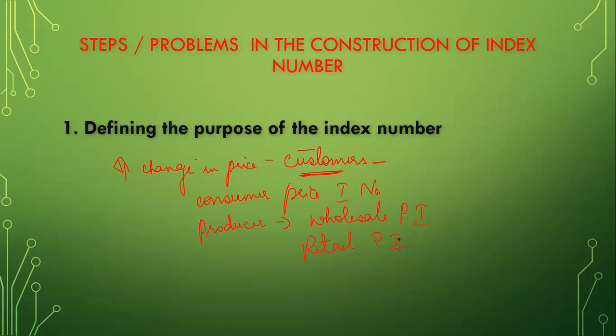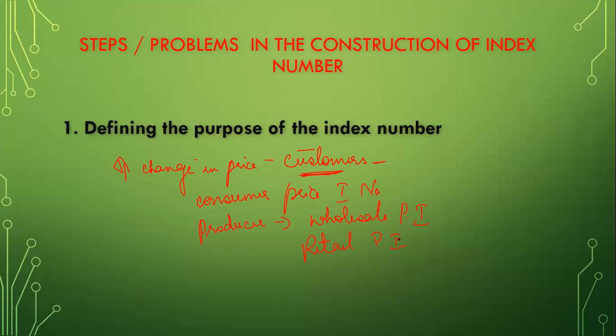So when you take an index number, whichever method you want to apply depends on the objective of the index number. So the first main concept you should know is how you have to define, how you should understand, or how you should set a particular objective of an index number. That is the first one.